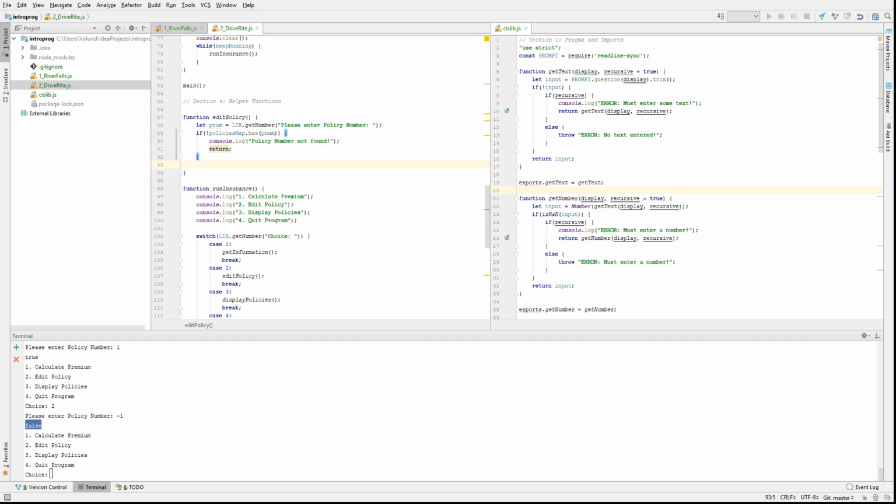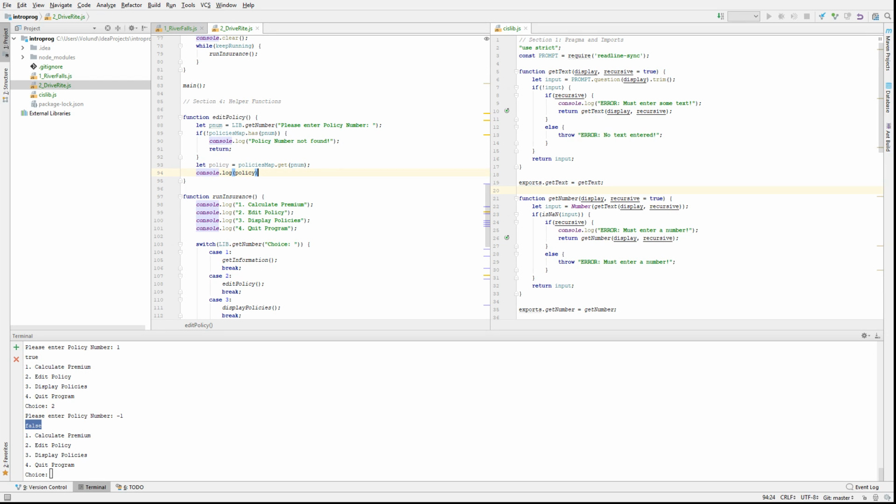Let's say we want let policy equal policies map dot get. Now get also takes the key we made earlier, and get will retrieve our object. So if I print console.log policy,